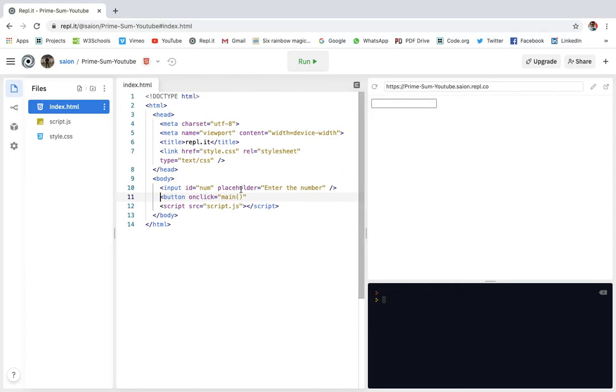Okay, so let me explain this placeholder thingy. I just have to comment this out. Yeah, so if we run this, you will see a placeholder. So placeholder means enter the number.